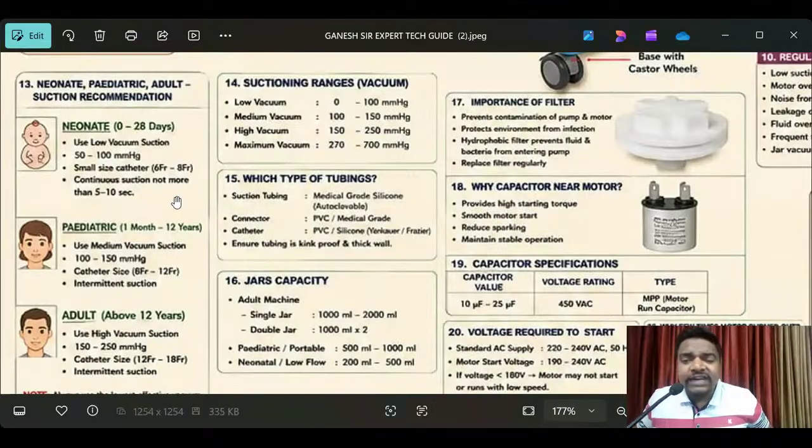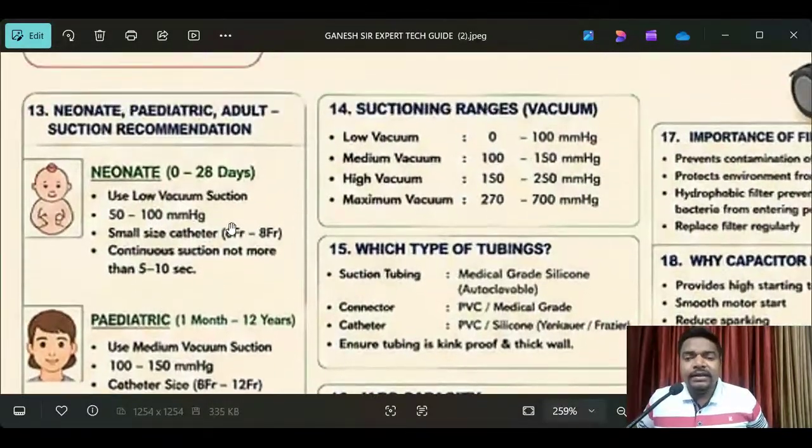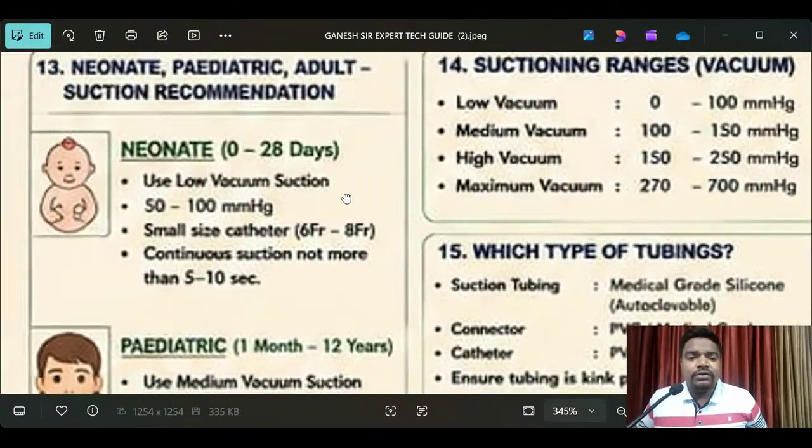See here, this is the practical information. I'm giving it in a presentation for your understanding purpose. Right. Come on. So, the 13th point. See here, I'm going to zoom in right now. I'm going to read out the neonate, pediatric, adult suction recommendations now. I have given the picture also for understanding purpose. You should think in a practical way